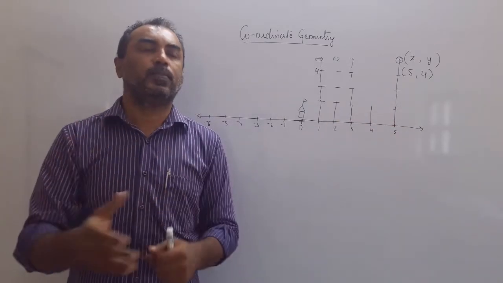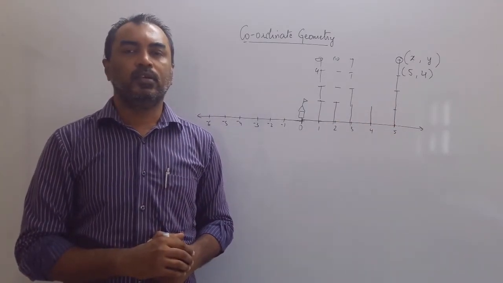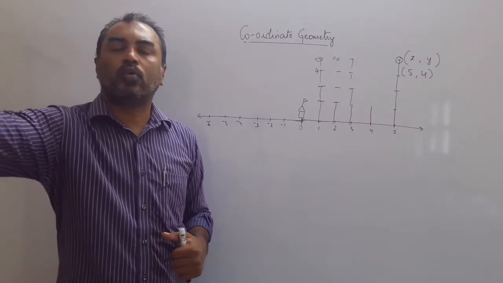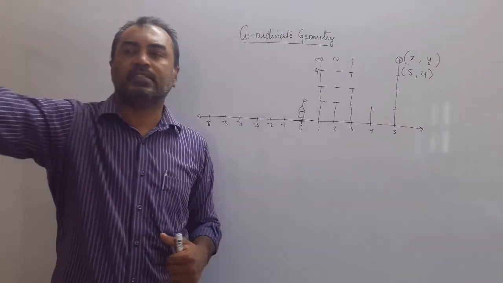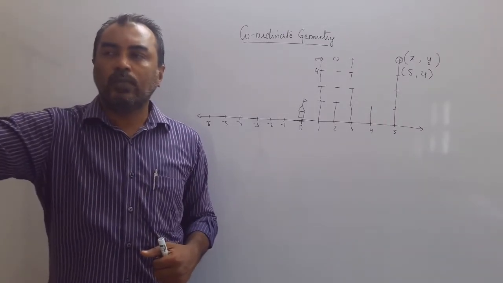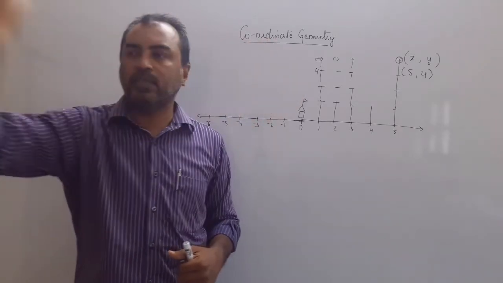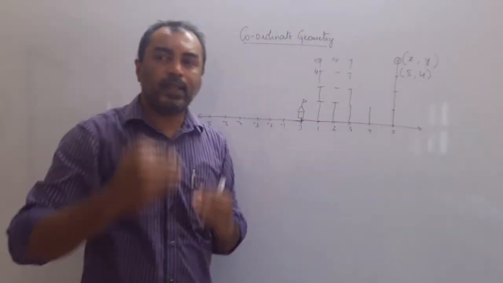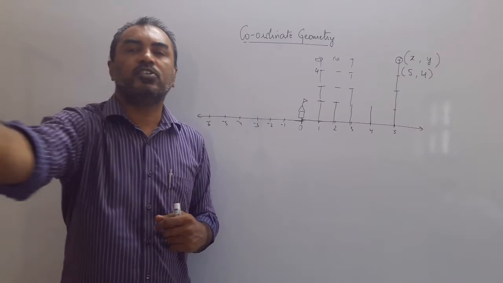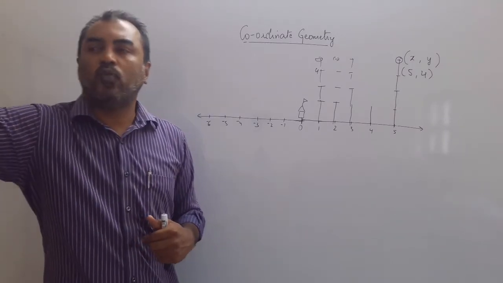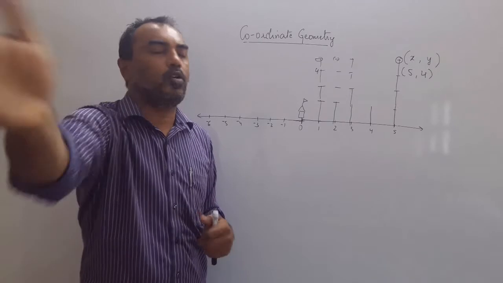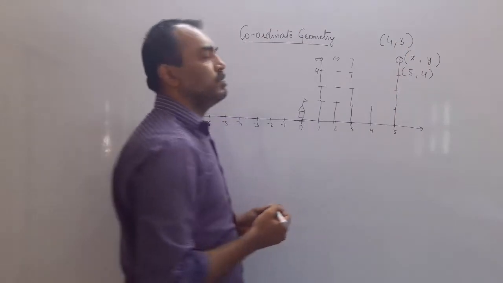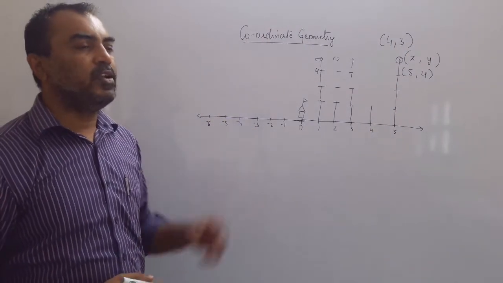Now if I say a particular child, say Bhushan, is sitting in the 4th row. So I count 1, 2, 3, 4, the 4th row. But on the 4th row, 6 children are sitting. So I have told the row, but I have not told in which column the child is in. It can be in the first, in the second, in the third, in the fourth, in the fifth, in the sixth. So when I say on the fourth row, the third child. So 1, 2, 3, 4. Fourth row and 1, 2, 3, third column. So 4, comma 3 is where Bhushan is sitting. Yes? So this is the idea of coordinate geometry.